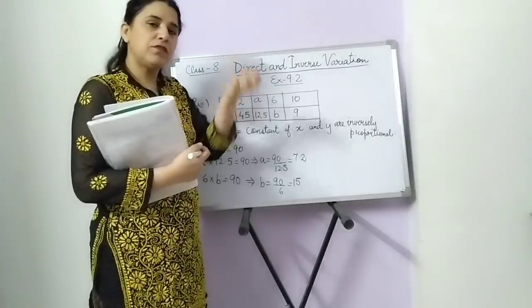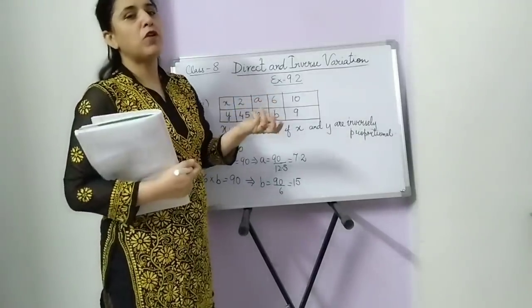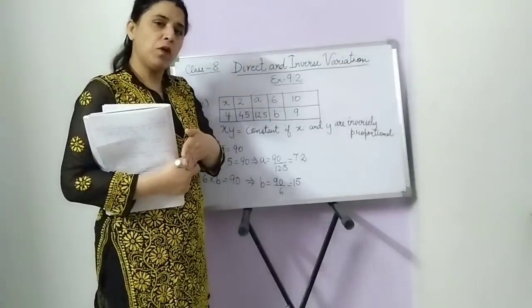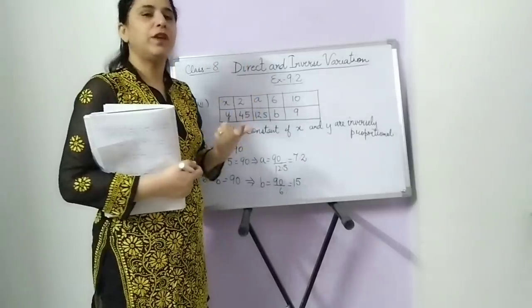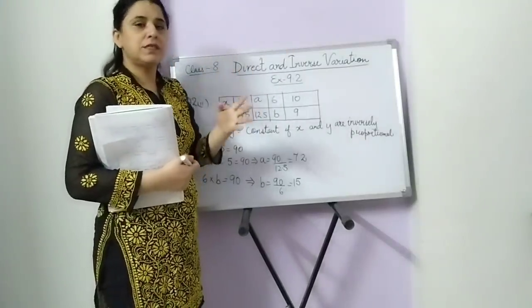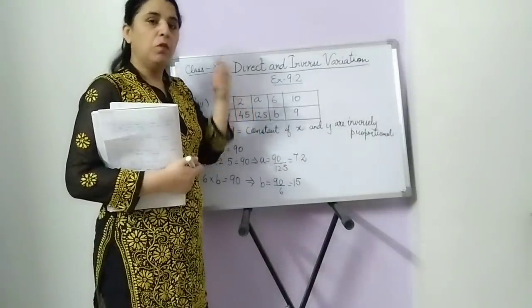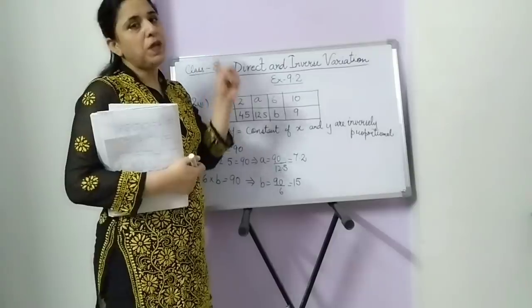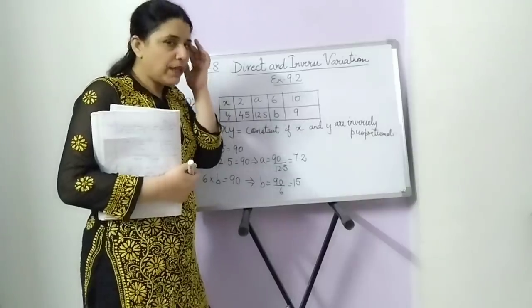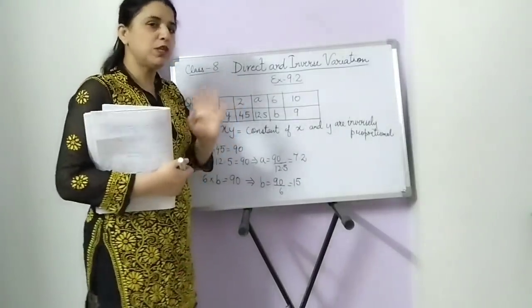Like with cost, if you buy more quantity, the cost will be more. If I buy 1 meter of cloth, it will cost rupees 100. But if I buy 2 meters, obviously the cost will be more, na? So this shows that they are in direct variation. But as I told you, with speed and time, if I have to cover a certain fixed distance and I have to go early, then I have to increase my speed. More the speed, less is the time. So speed and time are in inverse variation. There are certain quantities which you can think about and know whether they will be directly or inversely proportional. There is no such formula for that.